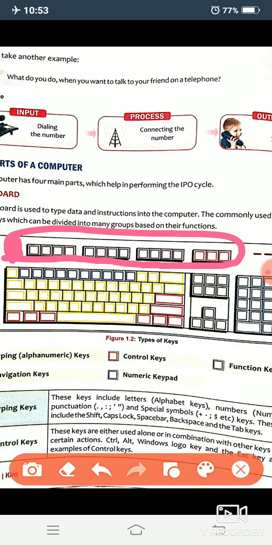Starting from F1 to F12, there are 12 function keys on each keyboard, which are used for doing particular tasks. Function keys perform tasks according to the application; in different applications, function keys work differently.